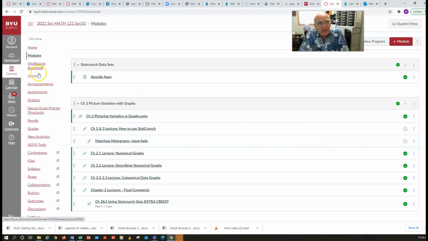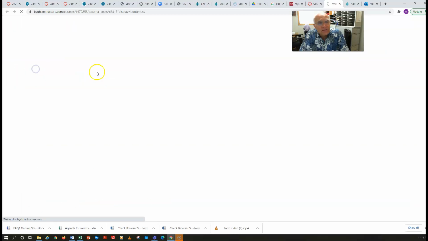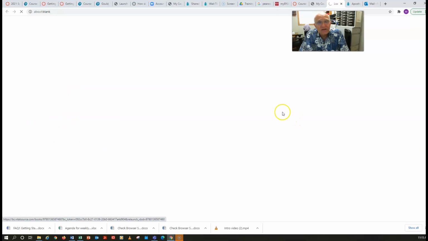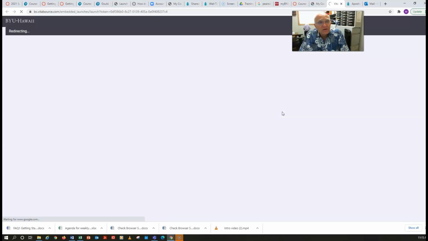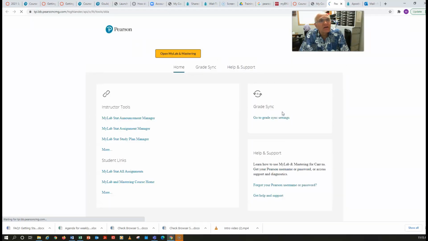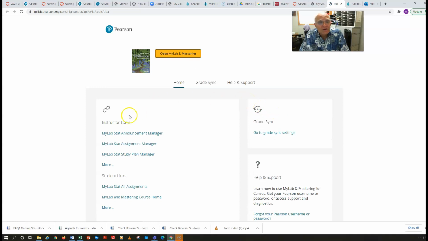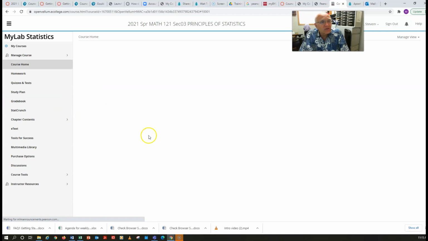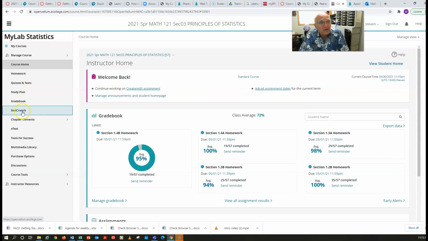The general way of accessing it is through the Vital Book Source link right here. So when I click on that, something should happen. And it will come right here, and this is how you get into Pearson. You say launch courseware. We're not at StatCrunch yet, but when I get to my Pearson account, you see that I have some instructor tools here. I'm going to open My Lab and Mastering. There's a good chance you'll already be in here, and you see on the side here that there is StatCrunch. So if you click on that,